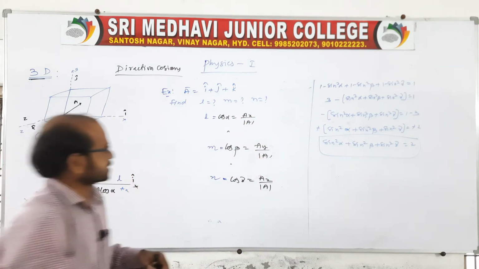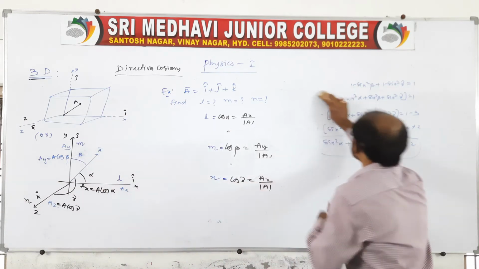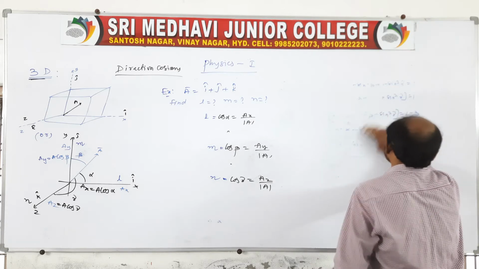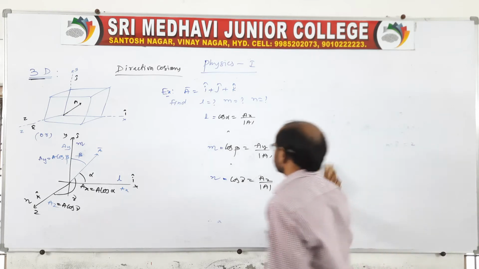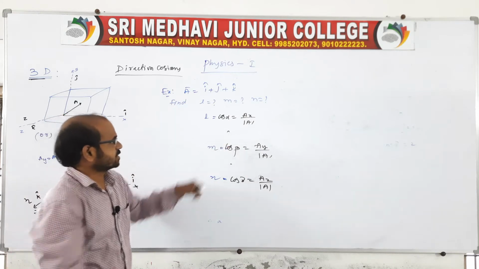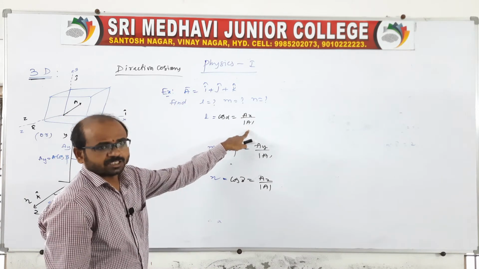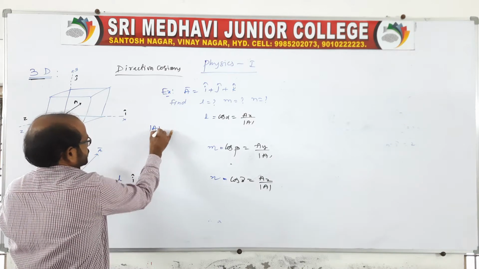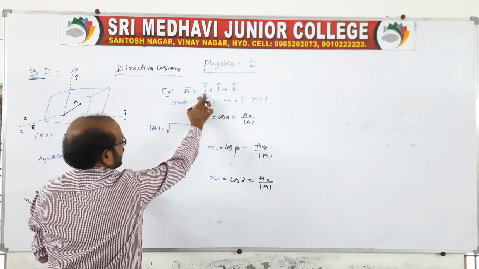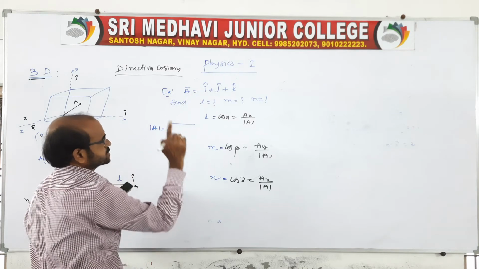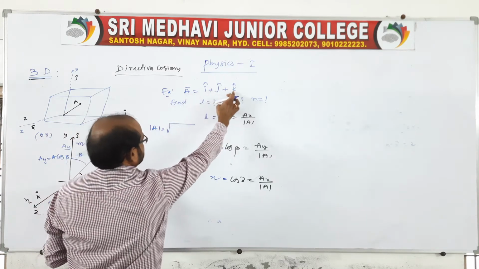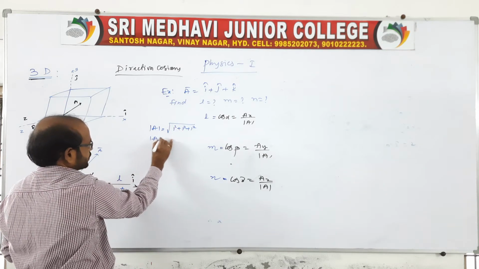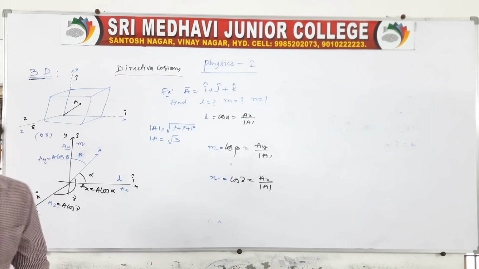The direction cosines are nothing but L, M, N. So here we have to get the L value first. Cos alpha is equal to Ax by magnitude A. Here A is given, no? By using that you get the magnitude first. So that is root over, because the i cap component is 1, j cap component is 1, k cap component is 1. So 1 square plus 1 square plus 1 square. So the magnitude A is equal to root 3.